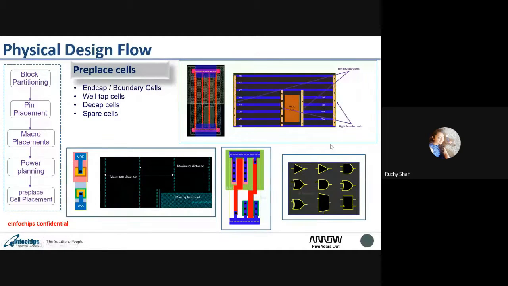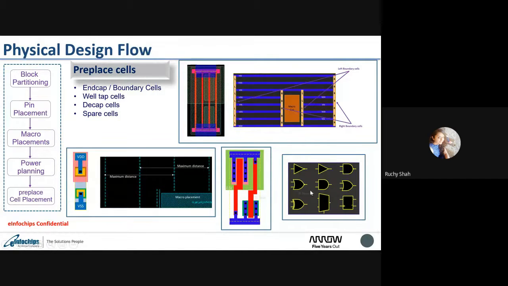Next are decap cells. Here I put the layout of a decap cell. You can see these red parts are your poly, and source and drain. Source and drain are shorted and connected to ground, and poly is connected to your VDD. So what you can observe from here is that it is basically forming a capacitor, nothing else. And we know that a capacitor can store charge when it is supplied, and whenever required, for any instantaneous current nearby these cells, it can supply.